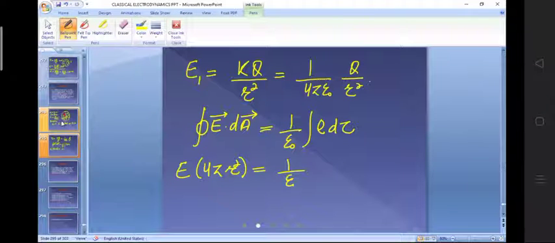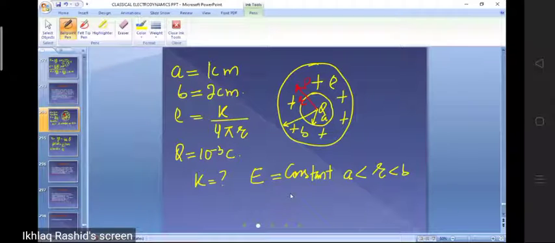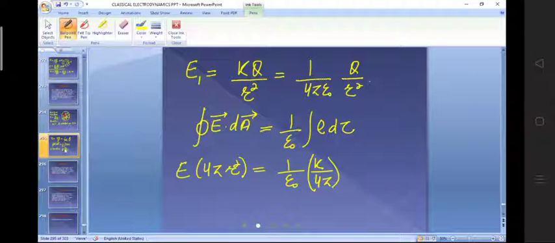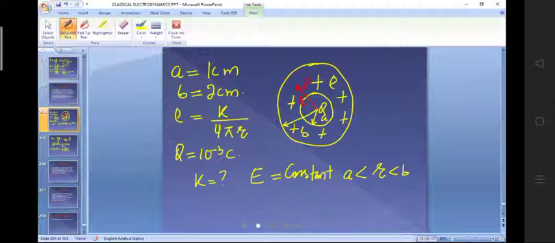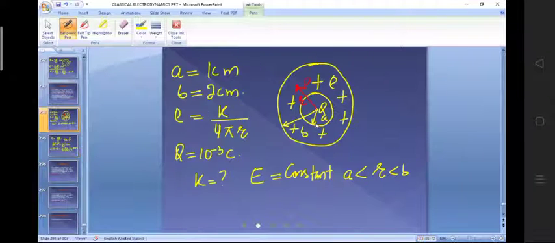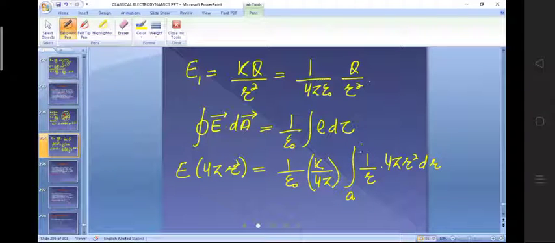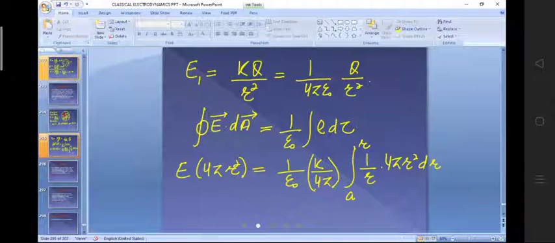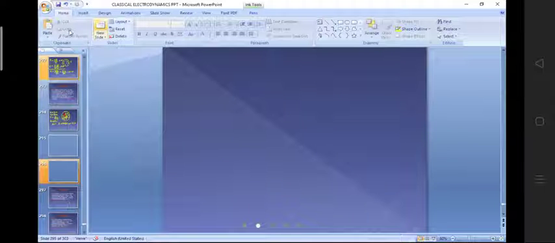The rho is given to you as a function of r, that's K divided by 4 pi r. So K by 4 pi, pull them out. And this K is not the electrostatic constant. It's some other constant. K divided by 4 pi, then what we have is 1 divided by r here. Then here I will write down integration of 1 by r into d tau, which will be equal to 4 pi r square dr, and the limits of integration will be from a to r, and a is given to us. So next, pay attention here. Next what I'm going to write is this.